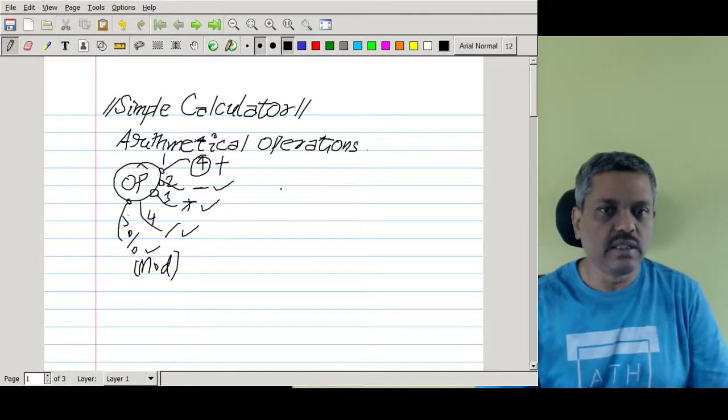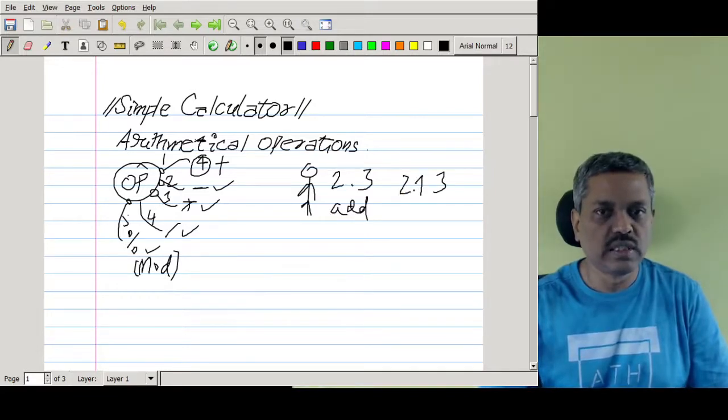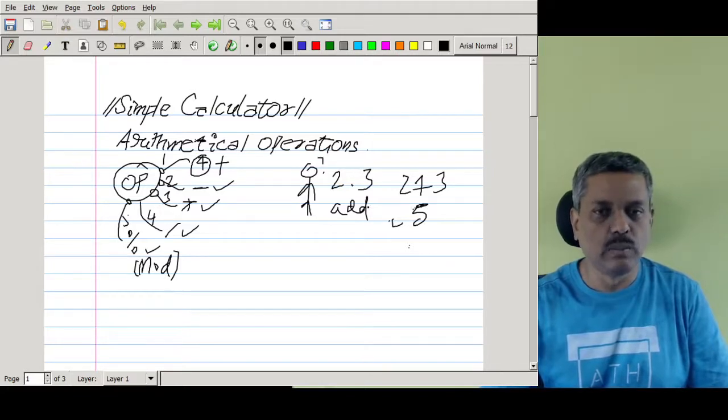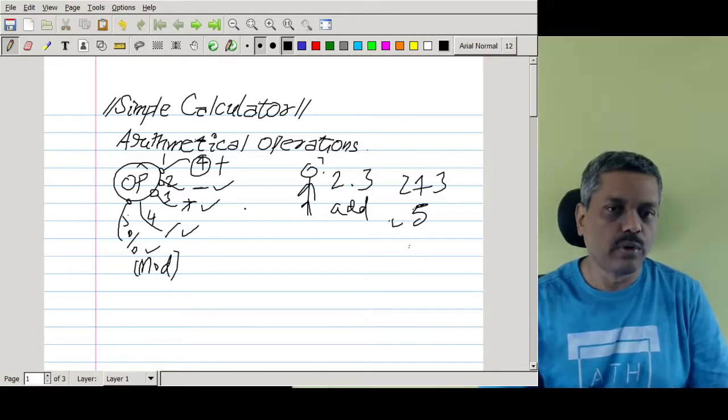Conventionally, when somebody gives you two numbers and says add this, you know how to do it. It is 2 plus 3, which will be equal to 5. That is how we calculate, because the human brain is capable of doing that automatically, as we know how to add two numbers. But whatever the operation, it has to be told to the computer or the CPU which performs these arithmetical operations, how to do it in a programmatic way. That is the question here.